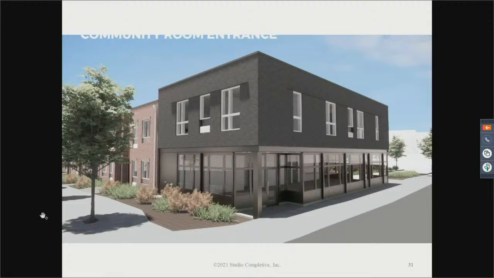And here we are back at the corner of our 2,000 square foot community room, which has been designed as both an anchor for the project as well as a gateway to the growing community arts district. We're proud to be working alongside CRHDC with their commitment to community building and are looking forward to providing a valuable asset to both existing and future residents of your neighborhood. We welcome your feedback and thank you for your time this evening.